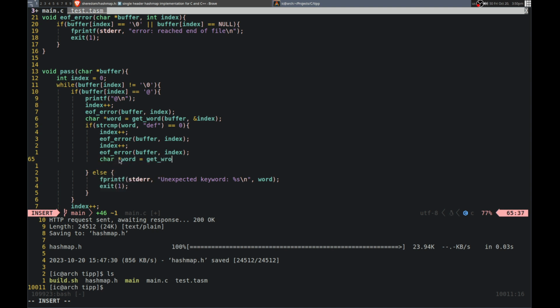Except this is actually the definition. So yeah, we can call it that: get word buffer and index. So it will only support... I should probably support underscores as well, but right now it only supports characters. It doesn't support underscores, but that's super easy to add. Yeah, so that should get the def, and